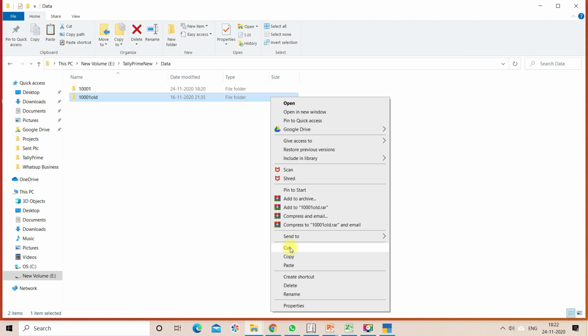We can delete those unwanted, dummy or testing companies in the Tally application itself. In case you have enabled the security control and given a username and password, if you forget that password, you can't delete that company in Tally Prime application itself. So we need to delete that company folder inside the data folder.